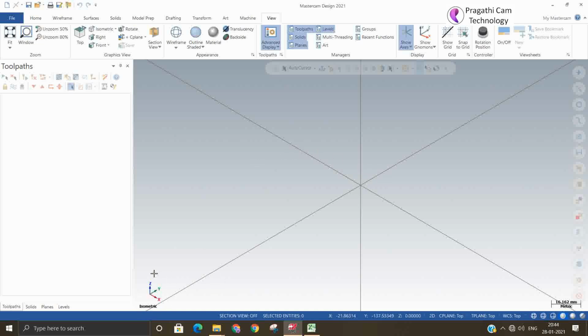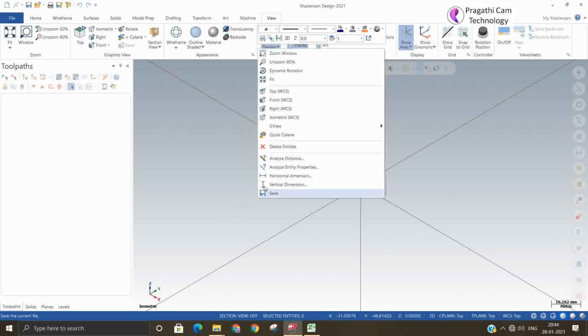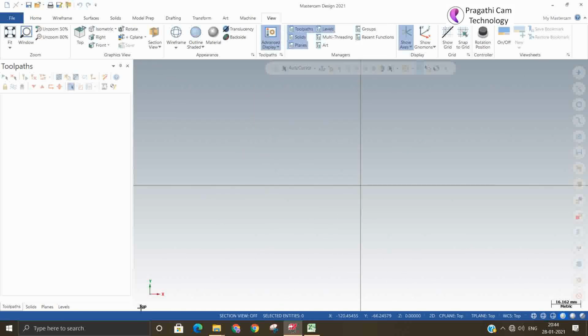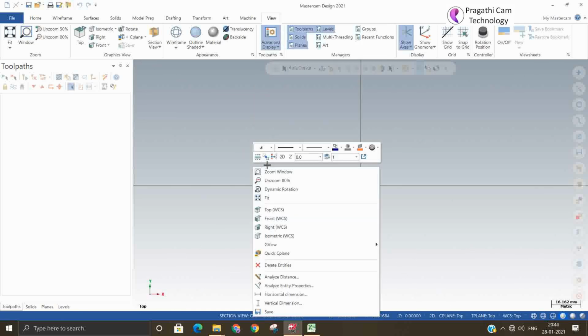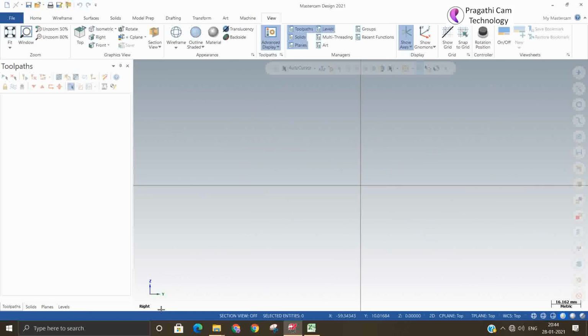At the corner you can see something written, isometric, and the XYZ axis is shown. This is your G view, the graphical view. Whatever change you make in the graphical view, you can see the same change happen there.